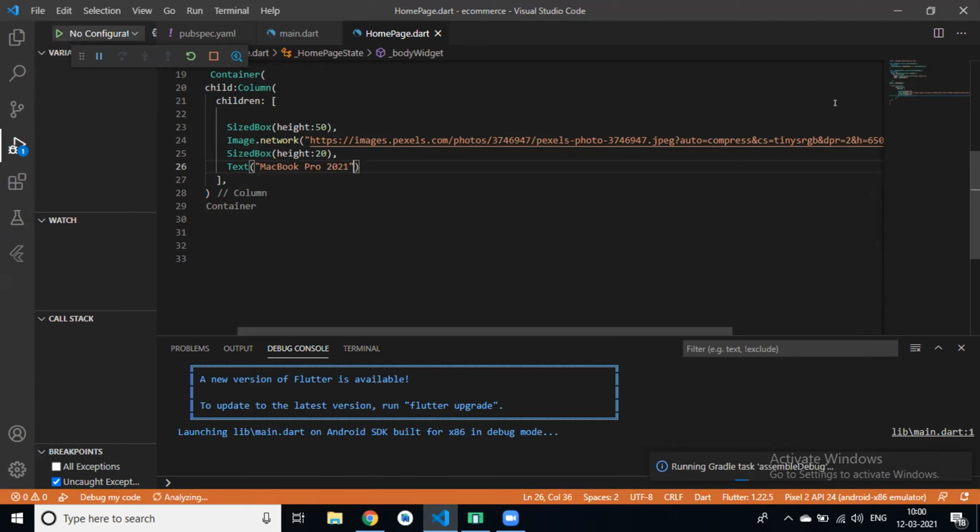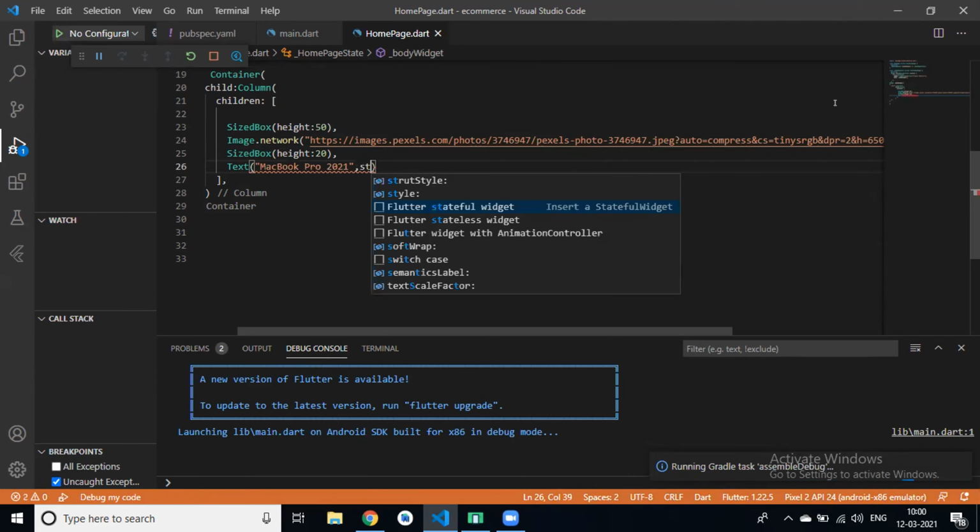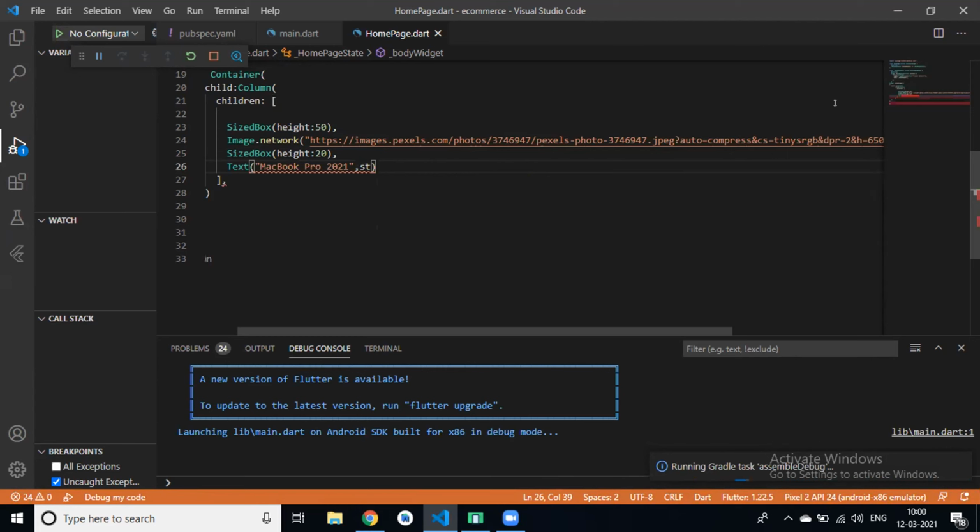Then we have a style, TextStyle. Then font size is 25.